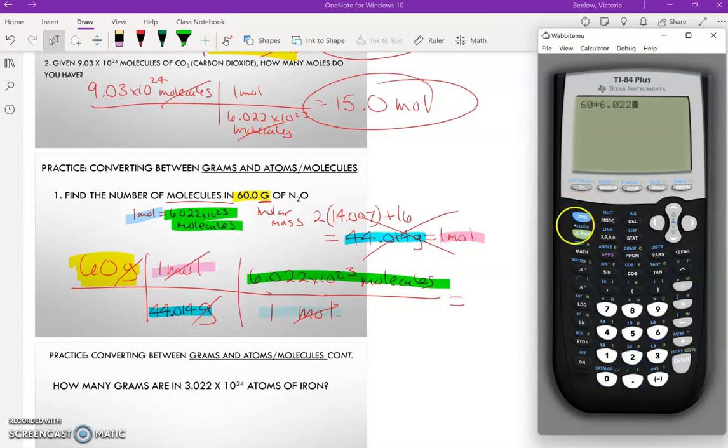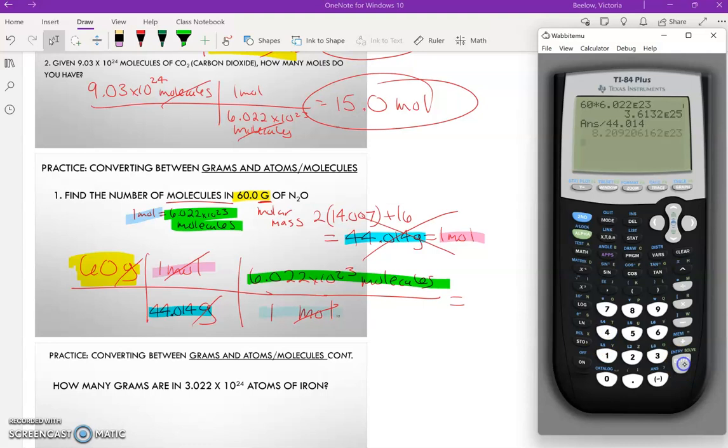Again, for the E, you're going to hit the second button. You can see that little shift. And then the E, mine is 2 blue E's right here, right above the 7. It's a comma. And then 23. The E is the times 10, and then the 23 is the exponent. Enter. And then I have to divide by what I have in the bottom, which is